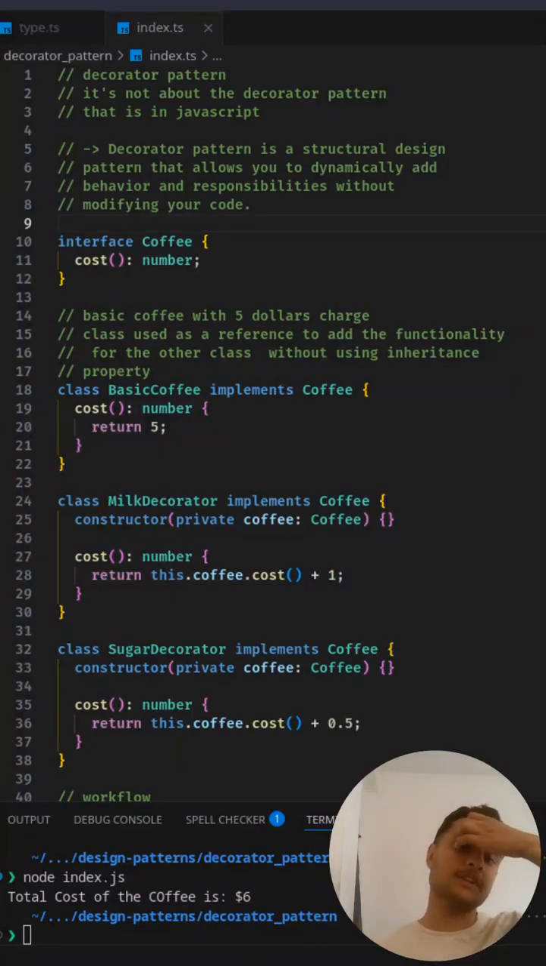So let's get started with an example. Imagine you have a coffee class. Instead of creating a milk coffee, sugar coffee, or vanilla milk sugar coffee, you just wrap a coffee object with the decorators, like milk decorator, sugar decorator, and so on. Each particular decorator acts as its own behavior, and a wrapper basically updates the object state accordingly